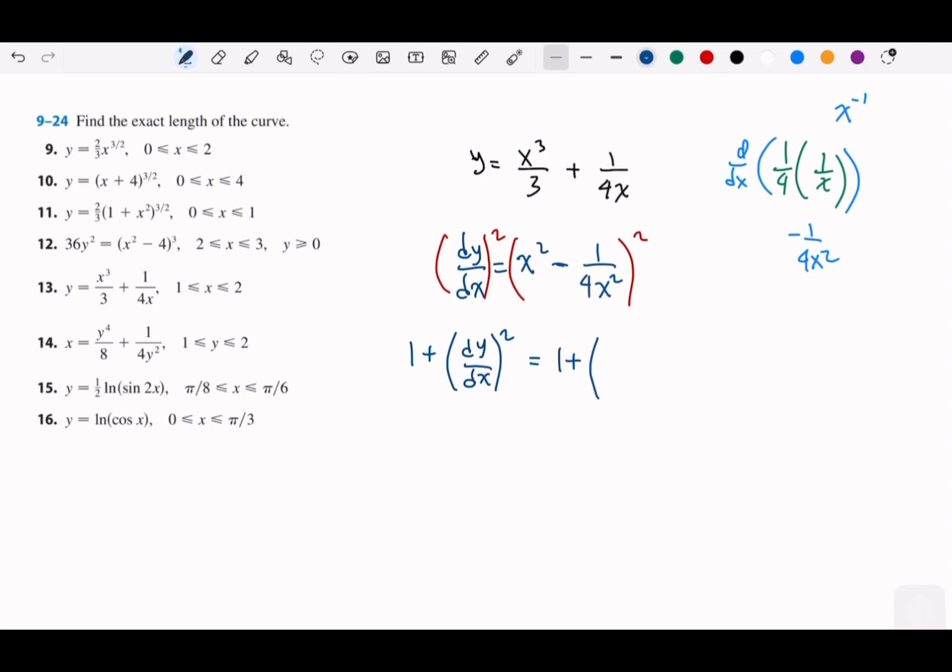So we are going to see x with power of 4, and then minus 2 multiplied by x squared with 1 over 4x squared. So this will cancel, and then 1 over 4 and 2 becomes minus 1 over 2, right? And then plus 1 over 16x to the 4. Okay, so just take it slowly. And now we can take this 1 and 1 over 2. So 1 minus half is positive half, right? So let's write the same thing, similar, but with a positive. So we have